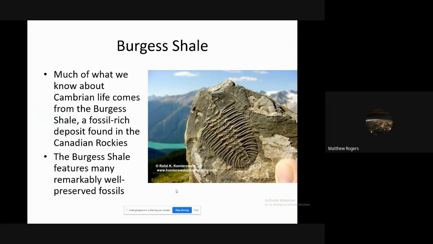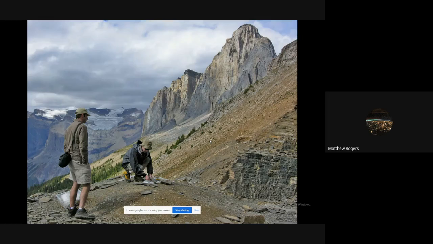We talked about it in the article, talked a little bit about the video, but the Burgess Shale is a very important fossil record that we have. It's found in the Canadian Rockies. And I already kind of discussed my love for the Canadian Rockies, but this Burgess Shale has some of the greatest fossils of any time period that's preserved. And it's incredible that, from what I've heard, you can walk around the shale and basically every third rock that you break open, you're going to get a fossil of some kind of living thing from this time period. That doesn't happen usually in fossil hunting. Usually it takes years and years between fossils and fossil digs, but just to fall into them all the time is insane. And this is a picture of the Burgess Shale.